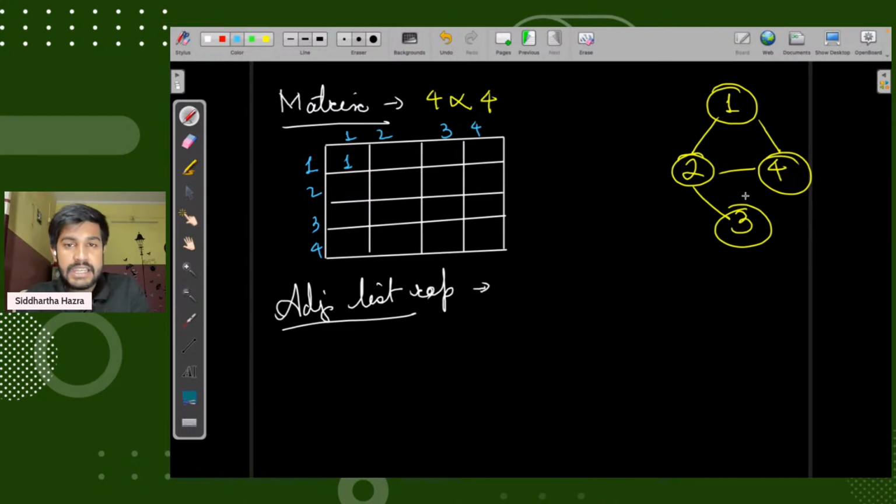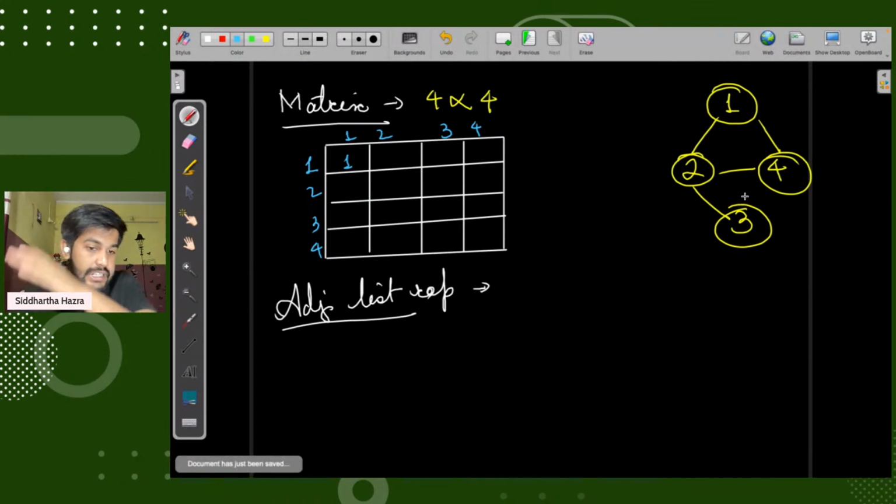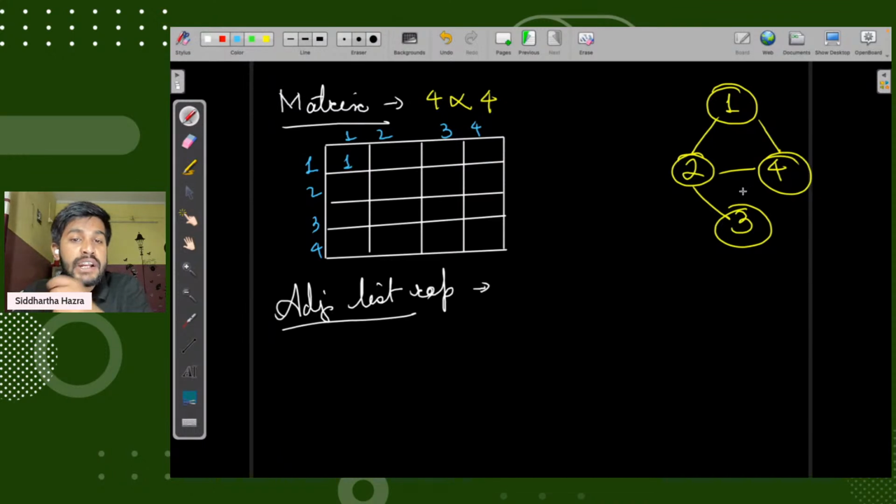Whenever I say that this can be reached from this, it just means that there is no via-edge kind of thing. So from 4 I can reach 2, I can reach 1, but I can't reach 3, because there is not a direct edge. Yes, there is a path, but there is no direct edge. Please remember this. Path है, रास्ता है, मगर direct road नहीं है. Please remember this.